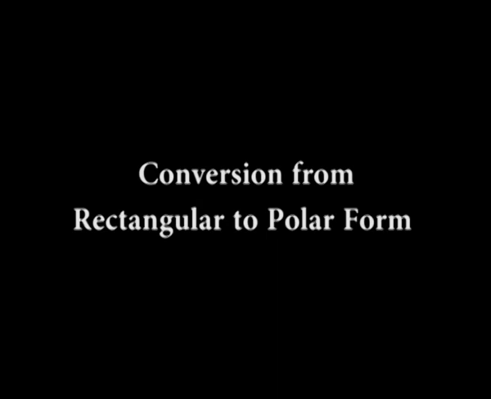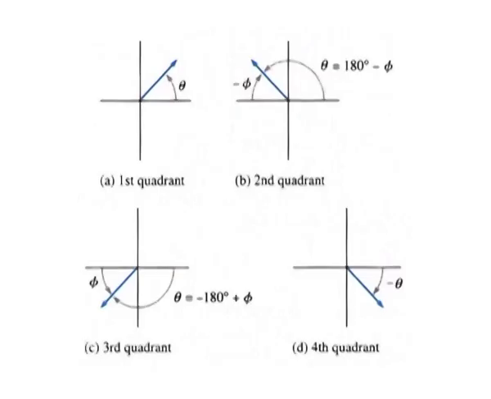Conversion from rectangular to polar form. A phasor can exist in any of the 4 quadrants of the complex plane as indicated in the figure. The phase angle theta in each case is measured relative to the positive real axis, and phi is the angle in the second and third quadrants relative to the negative real axis, as shown. The first step to convert from rectangular form to polar form is to determine the magnitude